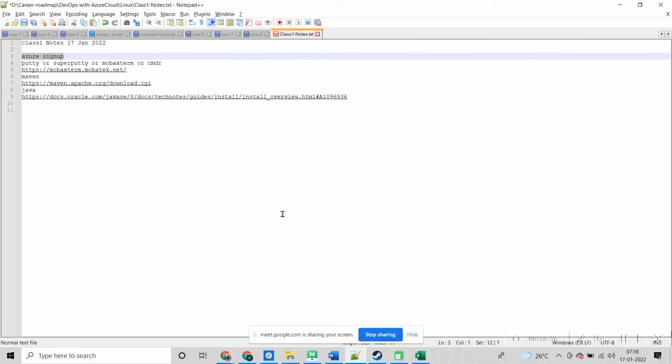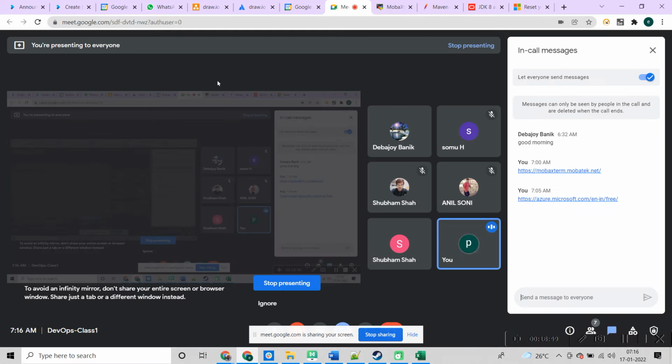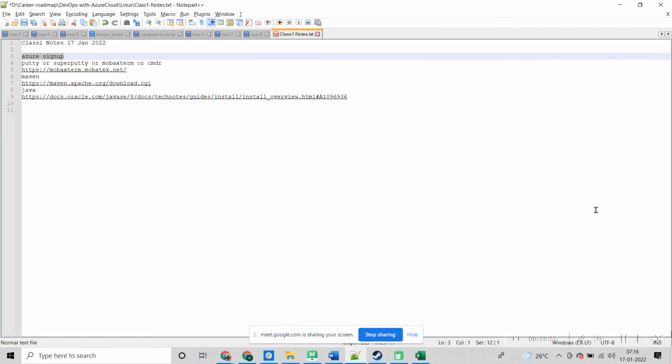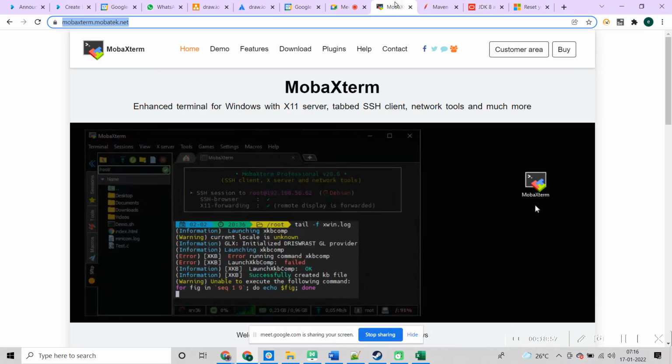In the meantime, those who have signed up need to go to the next step, which is MobaXterm. I have shared the link for it, so just go through that link and download that software. There you'll find some options.